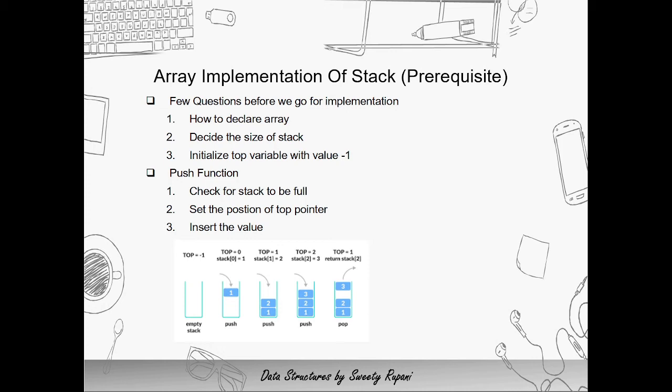isFull is a supportive function for the push function. Once this condition is checked, we can go for the next part. If the stack is not full, we have to increment the top pointer by 1 and insert the value inside the stack.